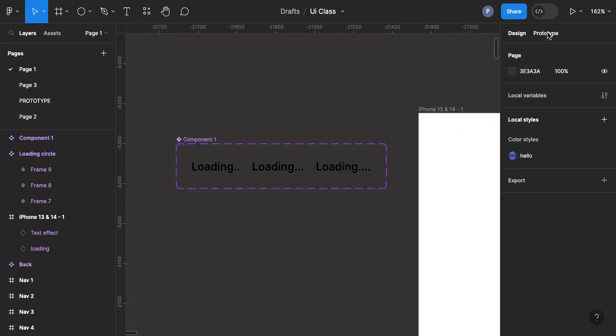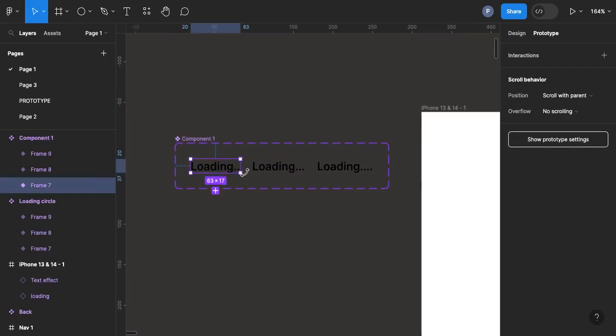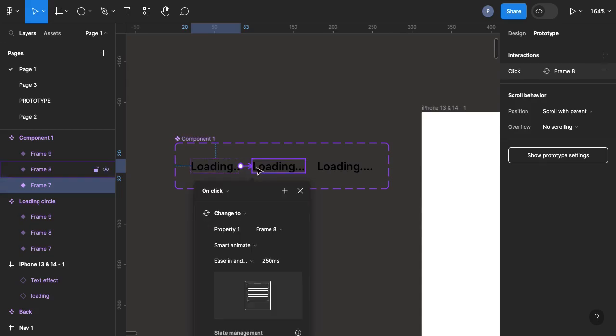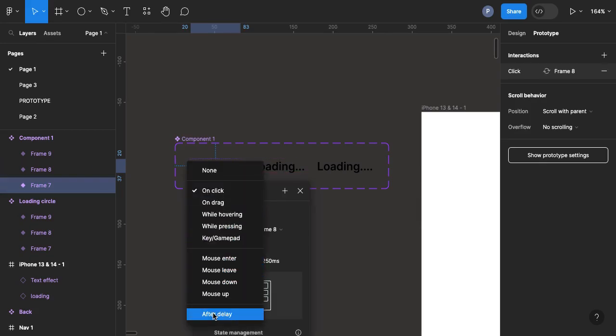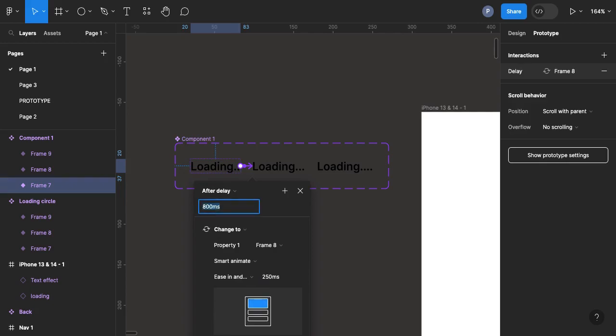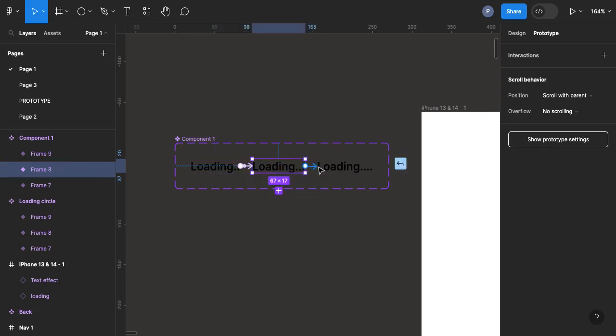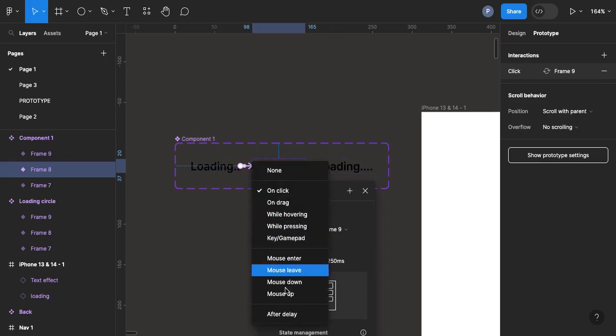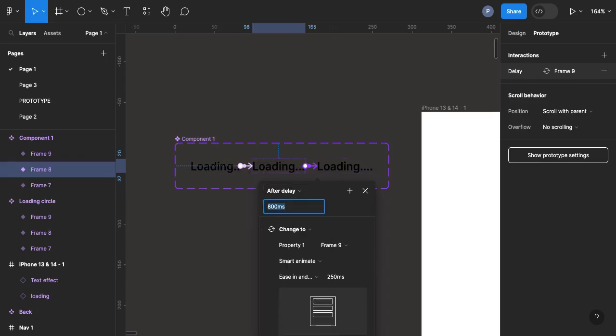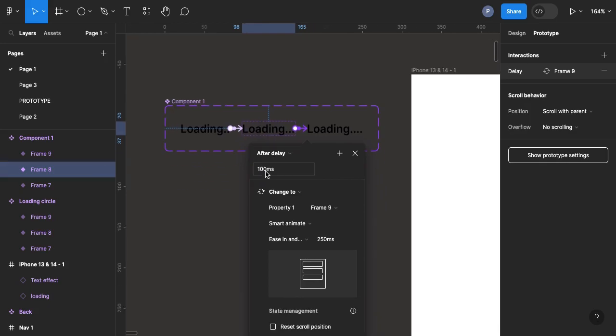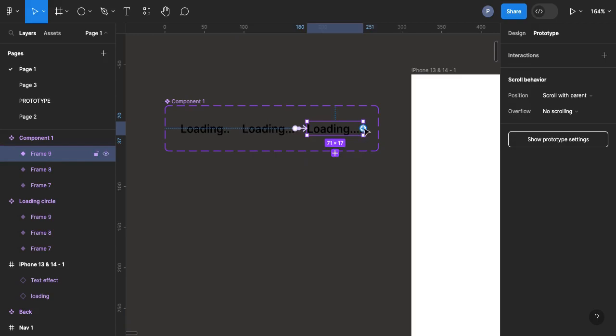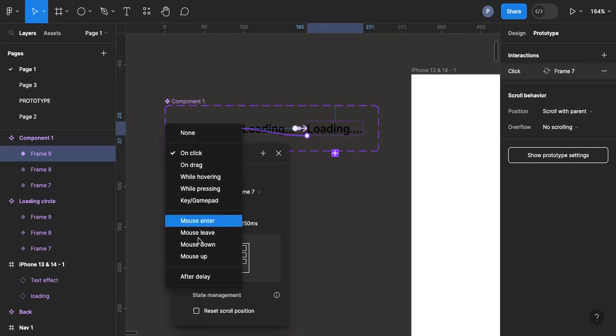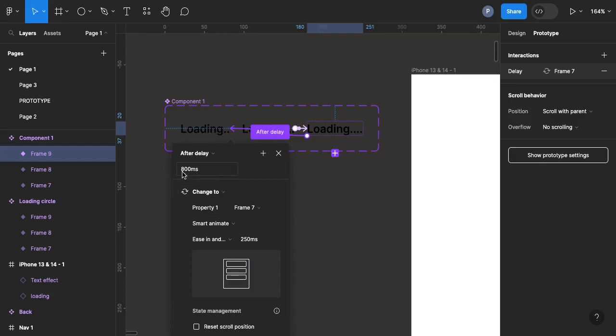So I'm going to prototype again, but this time I'm going to increase the timing. So I'll keep this after delay, I'll keep this to 100, but the rest can be the same. Smart animate is that is into 50. I'll do same here, drag it to the third frame after delay, change it from 800 to 100. The reason I'm using 100 is because it's a text. I don't want it to be too fast. I'll do same here, drag this back to the first frame after delay, set it to 100,